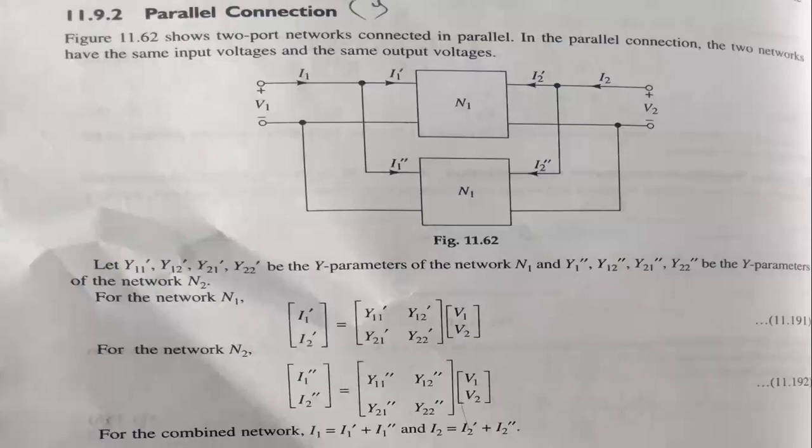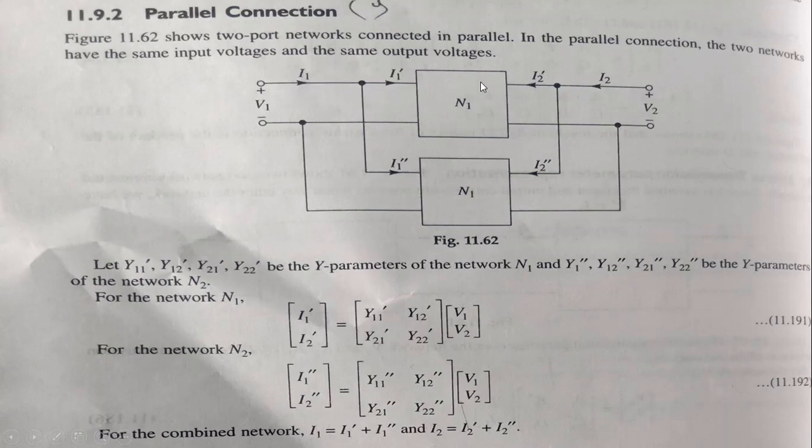Now if you are going to combine the two networks, N1 as well as N2, what you will find is that I1 is the total current. If you observe from the figure, you can identify this easily. This is my I1. I1 is the combination of I1 dash and I1 double dash, because there is a division of the current. A few amount of current flows in network 1 and a few amount flows in network 2. These are the two currents which split from this node, and previously there was only one current. So in short, total current I1 is I1 dash plus I1 double dash.